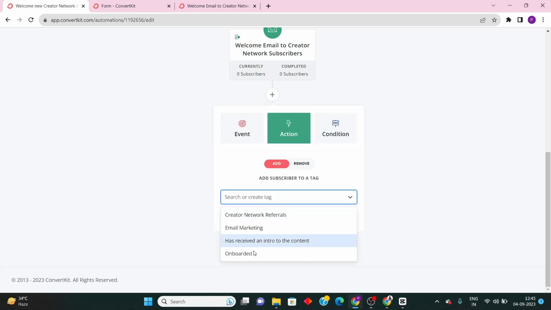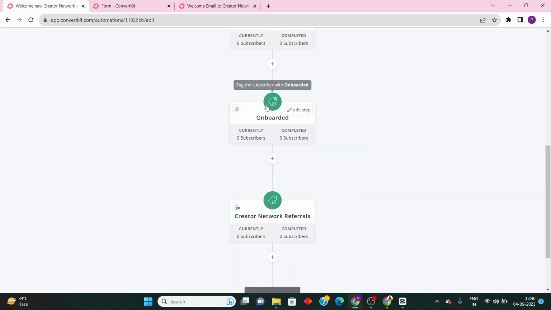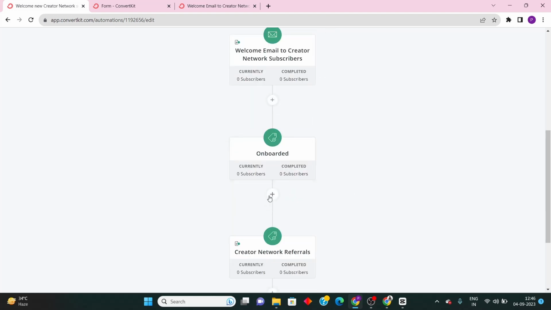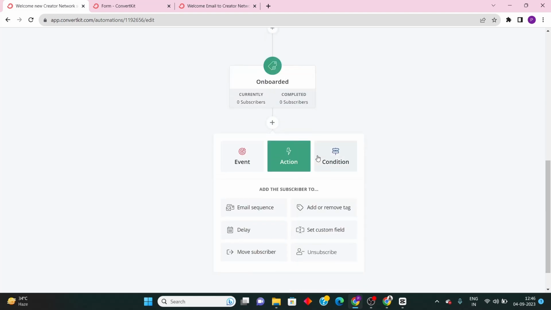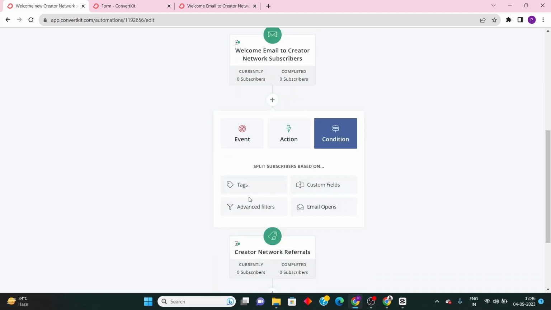I also want them to be tagged as onboarded. So let me just add this action, so they will be tagged as onboarded as well. Now if I want to, all the people who are onboarded, like everyone who is already a subscriber, let's imagine